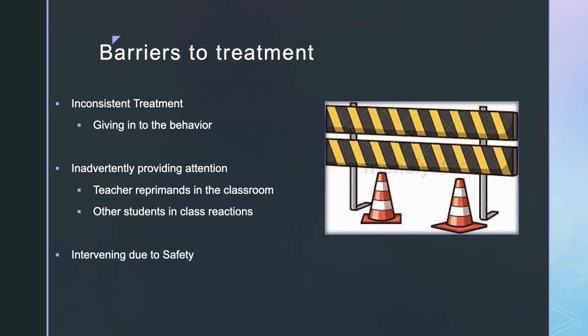Another barrier to treatment is intervening due to safety. Examples of this are blocking self-injurious behaviors or blocking aggression. A client engaging in self-injurious behavior or aggression, especially in high intensity, must be blocked. We cannot risk having a client injuring themselves or significantly harming themselves